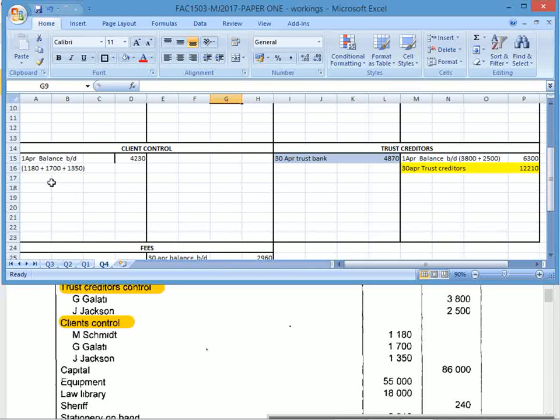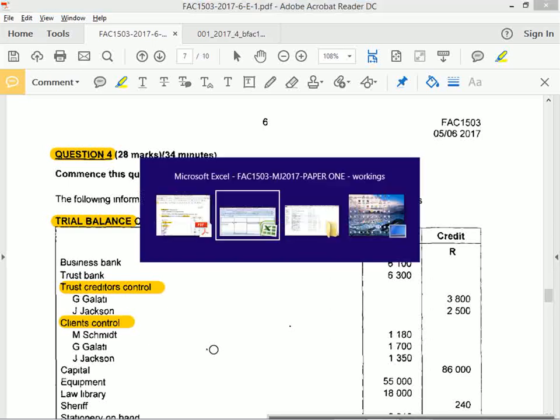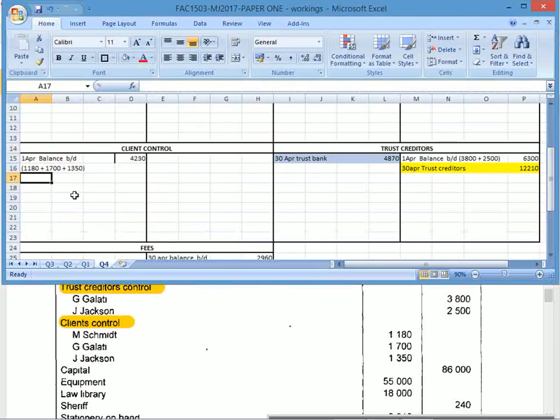Control account going to go up or down? It's going to go up. No. Let's think about this. It's a client control account, so if it's a control account, did I buy, did I sell? This was what journal? They don't say. It would increase an asset. You're not receiving cash though, so your control is just going to increase. So 30th of April,